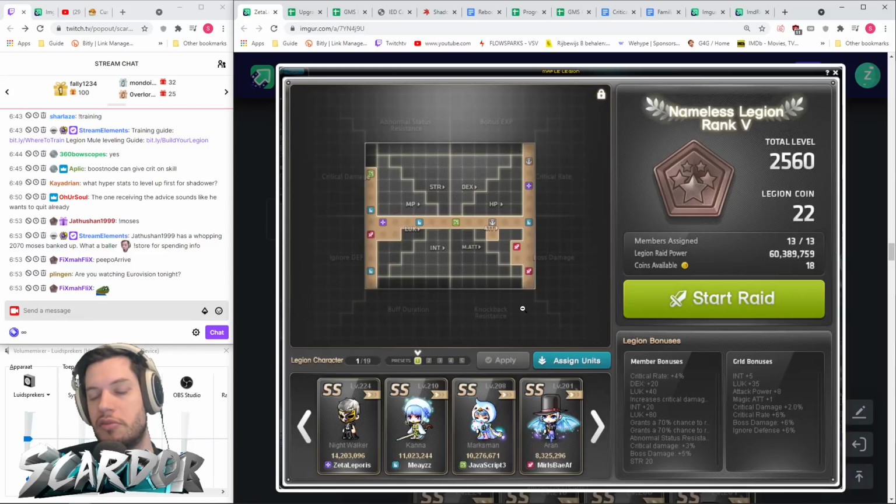The second simplest would be like moving your link skills around. Third simplest would be like redoing your hyper stats. Fourth would be like moving around your familiars, but it depends on if you have like epic familiars with boss damage and everything, so that's way further down the line. And then the very hardest thing would be to like redo your potentials on your weapon, secondary, and emblem. So we want to avoid...